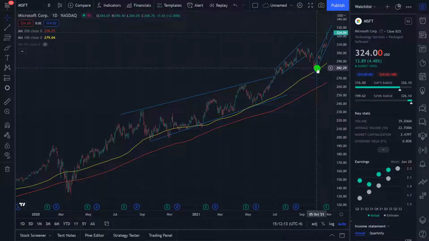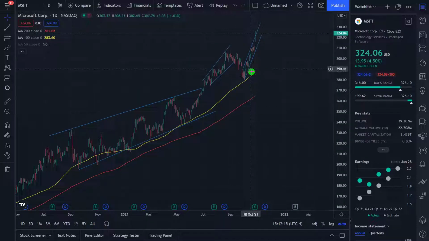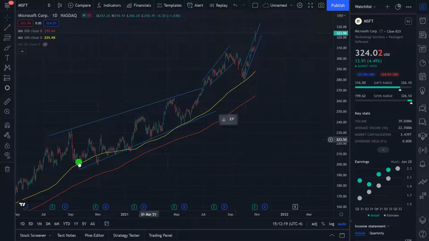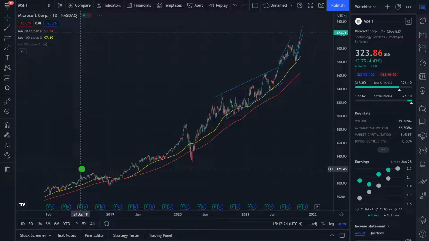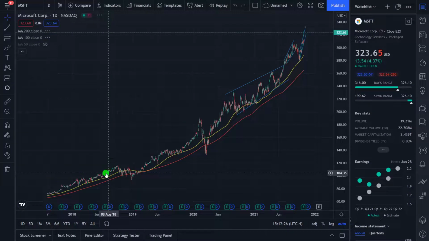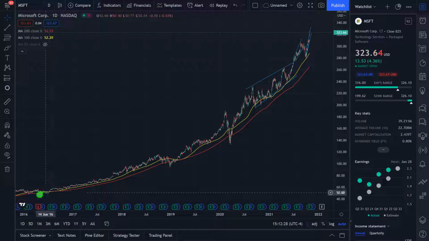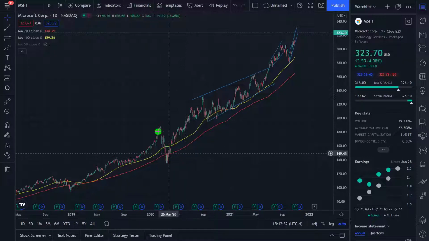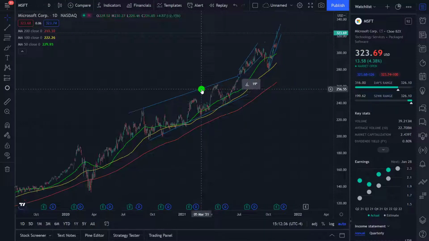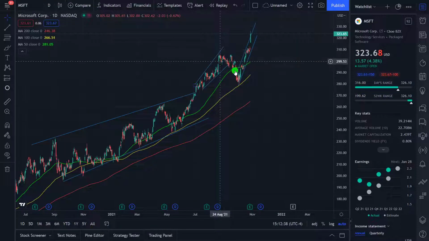So if Microsoft hit about the 100-day, that would be definitely a buy signal because it's never really broke below that for elongated periods of time since the pandemic. And if we go before then, once again, that 100-day has held pretty consistently apart from that little blip in 2018. So that is absolutely massive. Coronavirus in 2018. And finally, the 50-day, well, you can see this was the bullish price move here.